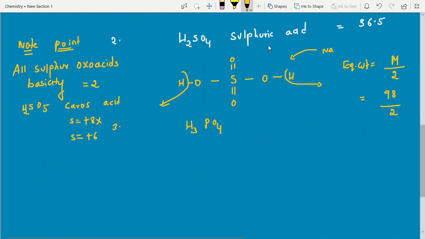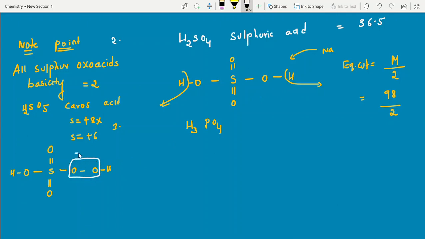I can show here. Look into this. This is one of the frequently asked questions. Sulfur, two oxygens as it is, you can always write like this, double bond. Next here, 1 OH, because basicity is always 2. That's it. Clear? Now, sulfur gone. How many hydrogens? 2 hydrogens gone. How many oxygens? 1, 2, 3, 4. One more is the peroxy bond. What is this bond name, students? Peroxy. Peroxy means -1, -1.